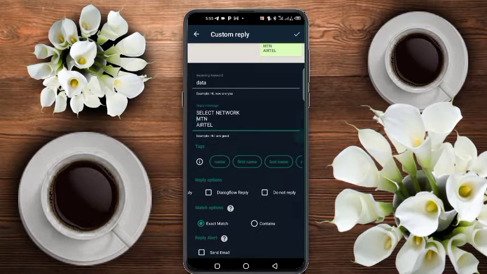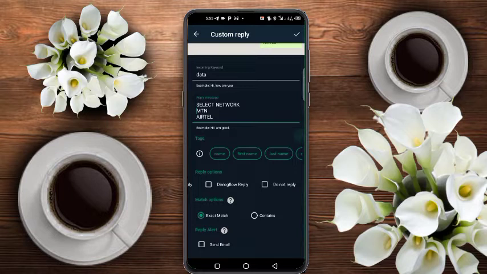There's another way to do this do not reply, because you can just decide not to set anything for that message, for that kind of message. So it has some options to maybe exact match the text, the incoming keyword, or to contain. For example, if someone is saying okay,